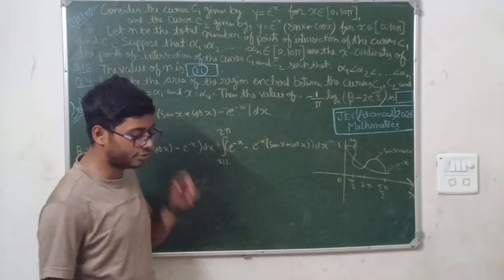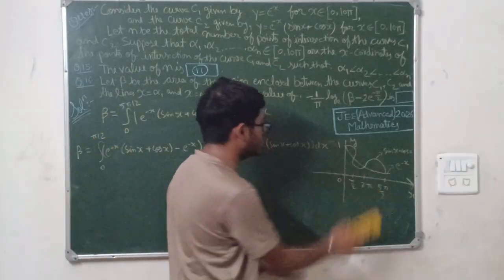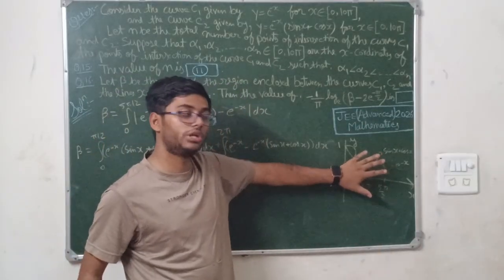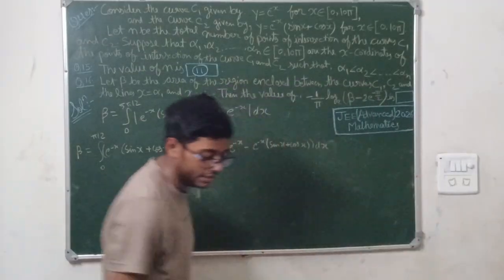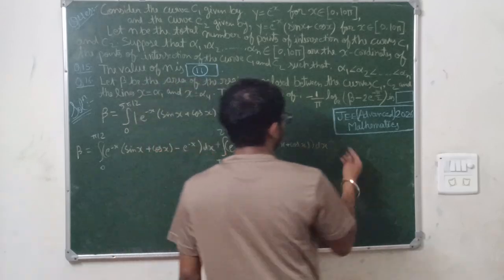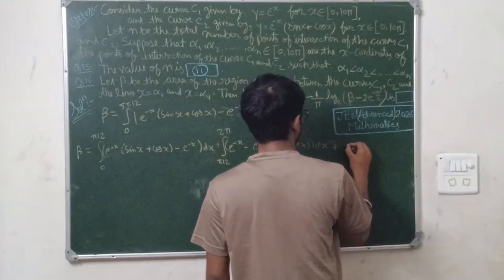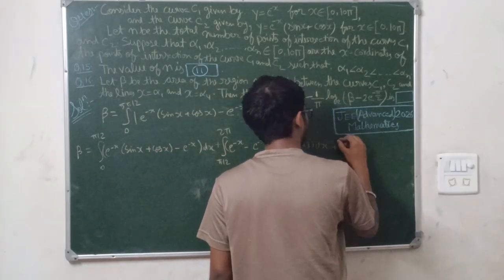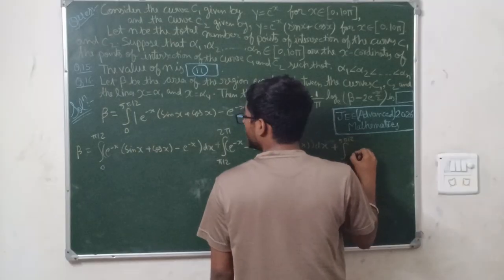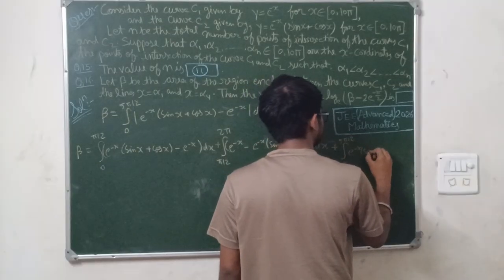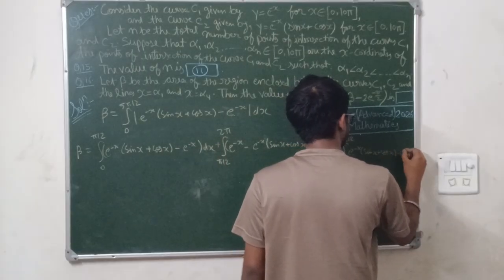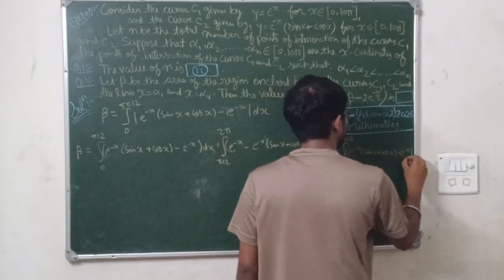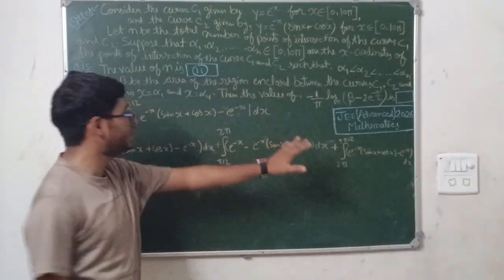So again like this only. Okay. So this is the graph. You can see it again one more time. Now I'm rubbing this. This is the increasing function for the next, and it will be what? From 2 pi to 5 pi by 2, e to the power minus x (sin x plus cos x minus e to the power minus x) dx. This is the final integration which you have to do.